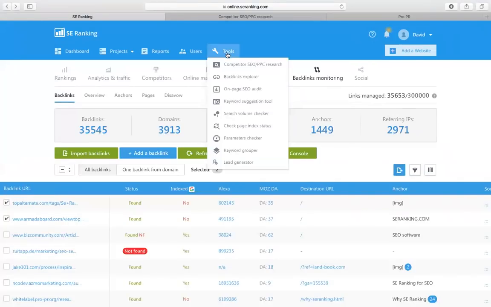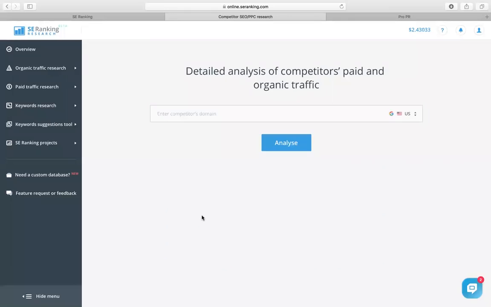Next would be the competitor SEO PPC research tool. What's cool about this tool is that you can get a comprehensive analysis of a particular domain, keyword or subdomain, and there are a lot of use cases where you can use this. Let's analyze a certain domain so you can see how it works. Let's analyze my favorite domain, zappos.com. We click analyze,